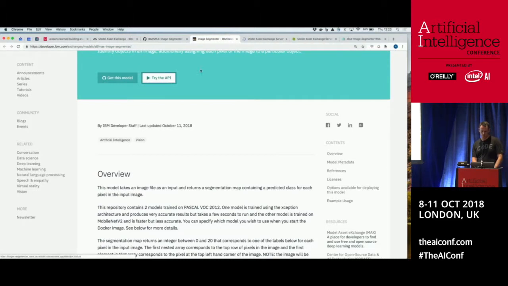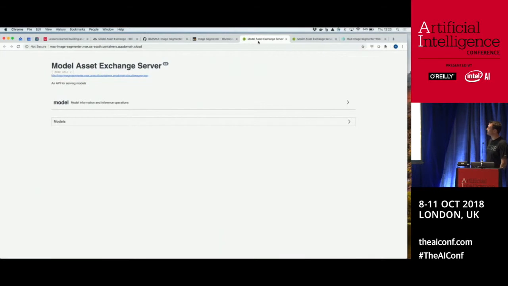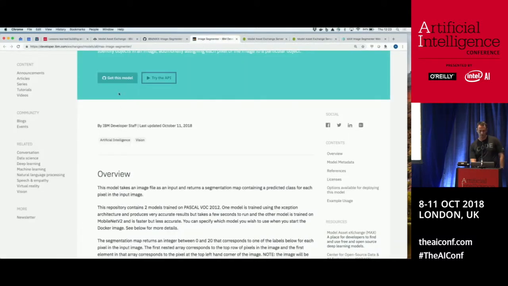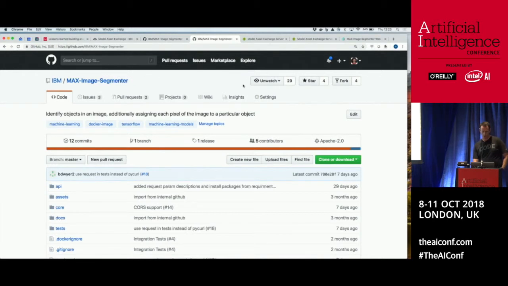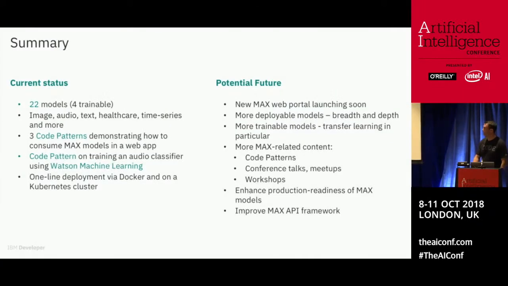You can actually try the API out without executing any code. These are publicly hosted endpoints that you can go and try out. You can obviously get the code on GitHub, and we'll be adding more and more features. So that should hopefully be released in a few weeks' time.